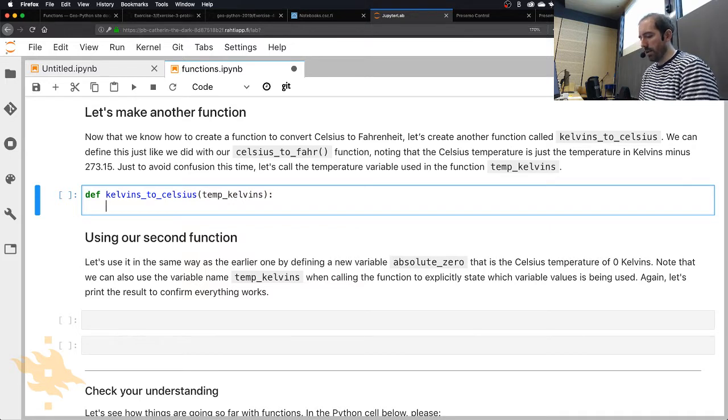And in this case, we'll again have our return statement. So we've got our def keyword, the name of our function called kelvins to Celsius, and the parameter value, temp kelvins, that it will take. And then what we should do, if we want to convert from kelvins to Celsius, is take our temperature in kelvins